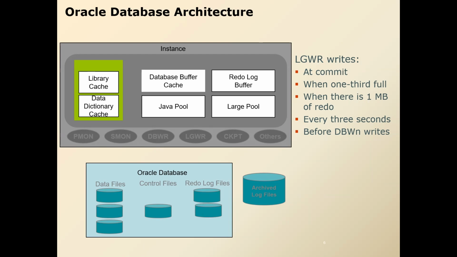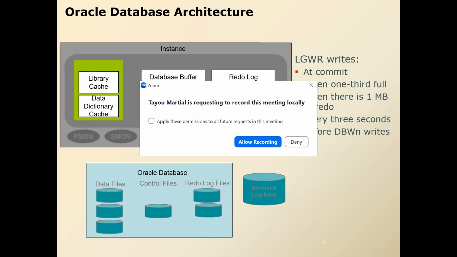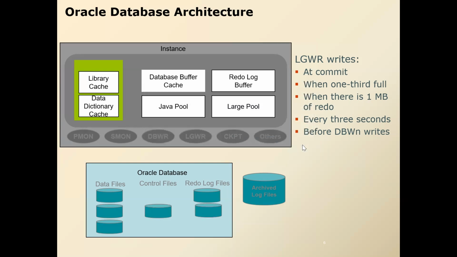Under the Oracle database, you have the data files. When you do select star from a table, for example select star from employee, from where do you get this data? You get this data from the data files. The data is actually stored inside the data files. So when you do select star from DEPT11, you get that data from the Oracle database data files. This is where your actual data resides.